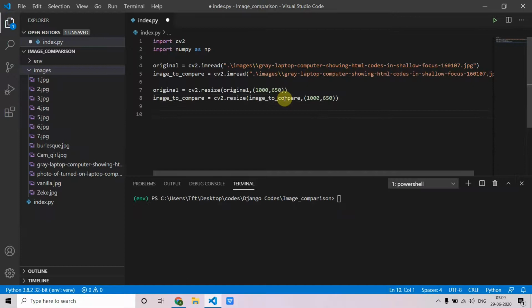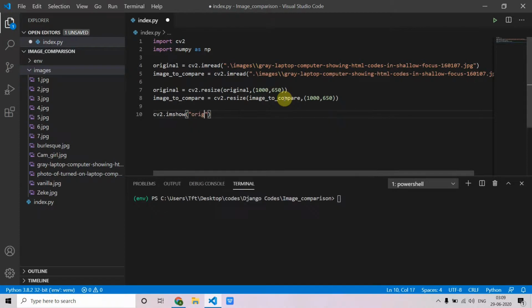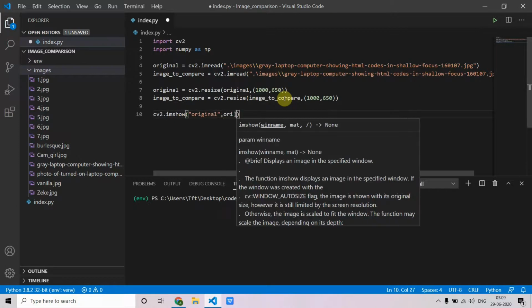Then cv2.imshow to show the image and name of a file. Pass the variable.